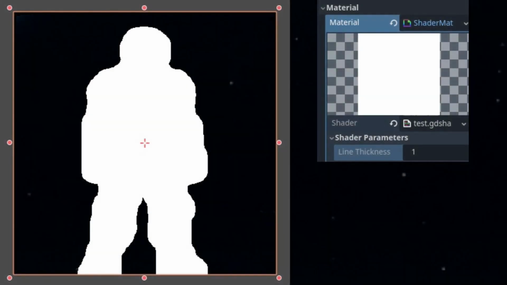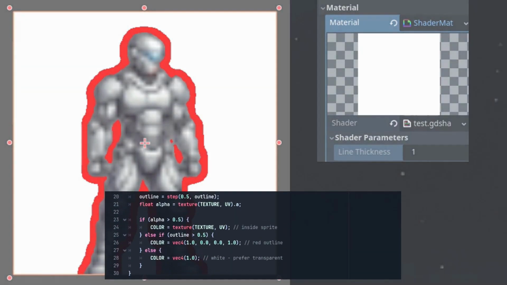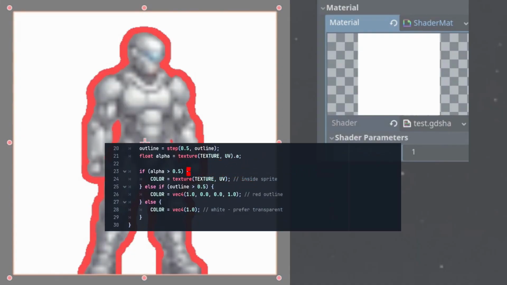Now let's break down the texture into 3 distinct areas. To do that, we need to check a few things. First, we'll check the original texture's transparency. If we're less than half transparent, we'll assume the pixel is from the original image. If we're not inside the original sprite, maybe we're on the border. To check that, we can use the outline total we just created. If the outline value calculated is more than 0.5, we'll assume this pixel is part of the border shape, and